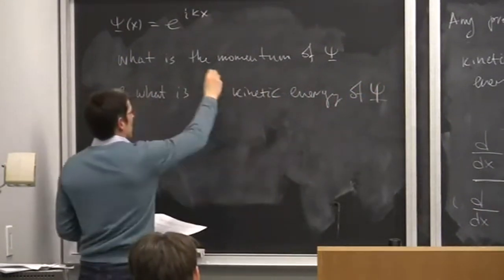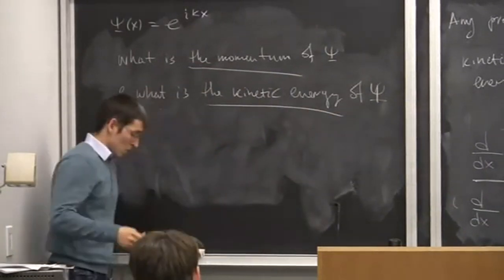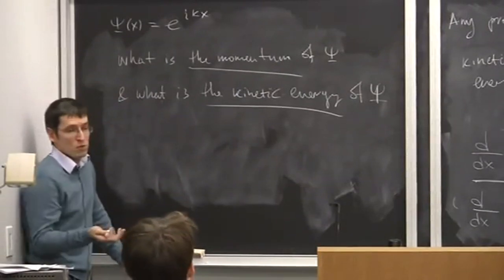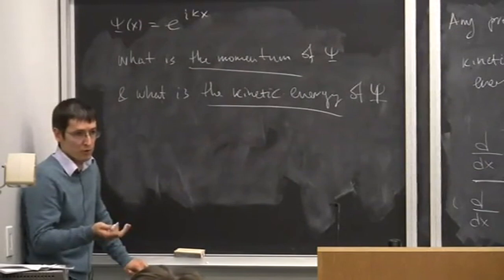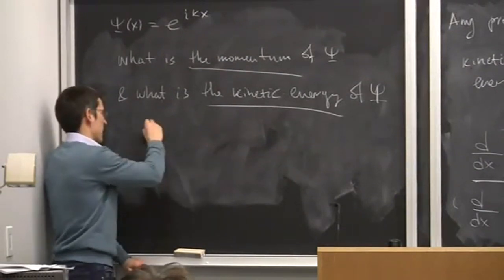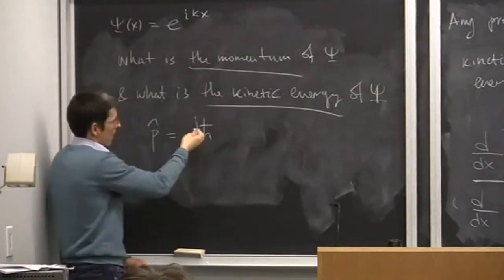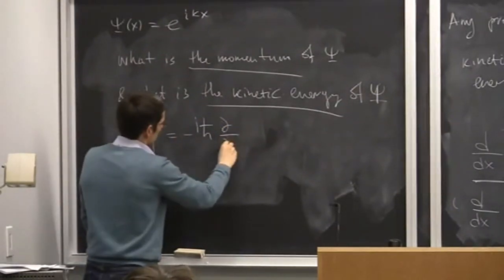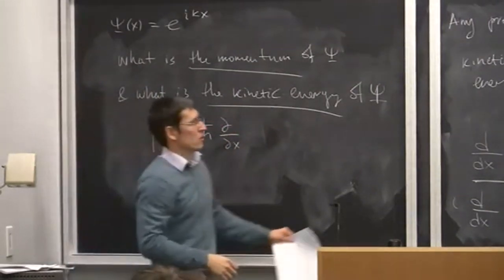Okay? So there are two properties, momentum and kinetic energy. First things first, if a problem like that is formulated, you need to figure out what is the operator corresponding to the property. For the momentum, it's minus i multiplied by h bar d over dx, right? And the kinetic energy operator is already given here.